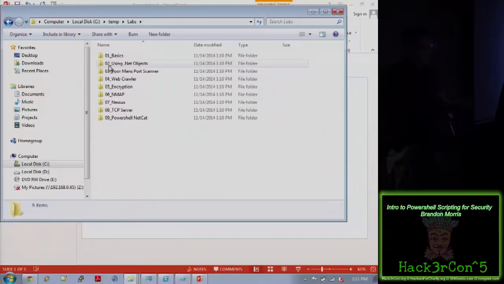Not nearly as capable as Nmap, but it'll work in a bind, and it's only, I think, 15, 20 lines of code. Kind of the starts of a web crawler. This is mostly just interacting with a web page, pulling down the content, filtering links, doing encryption, AES encryption, just